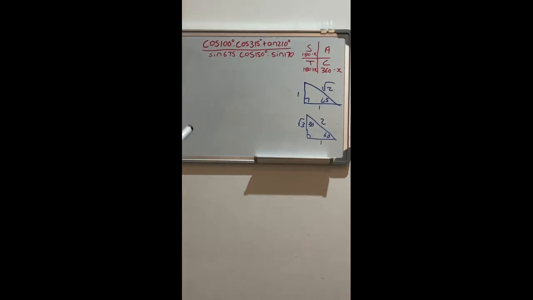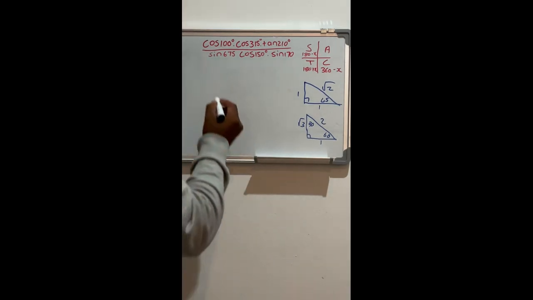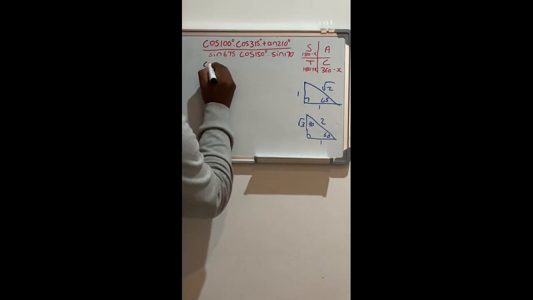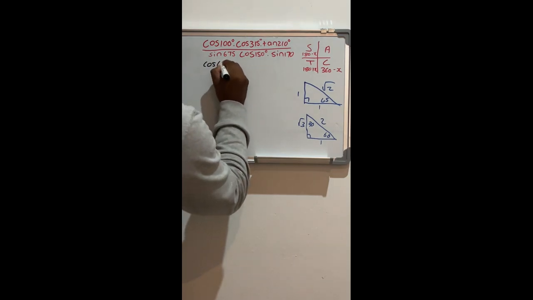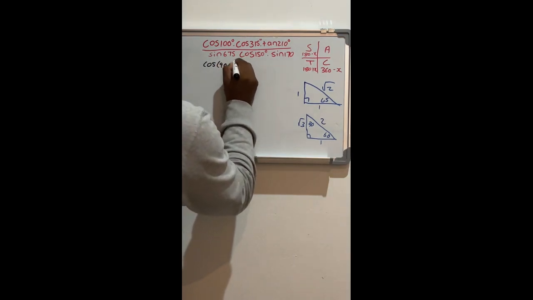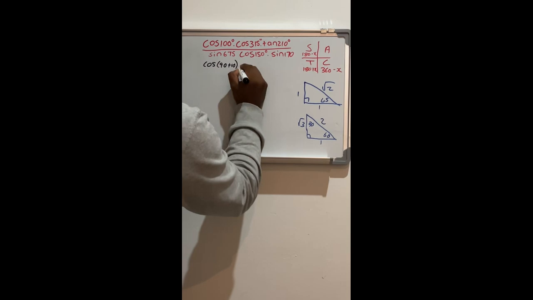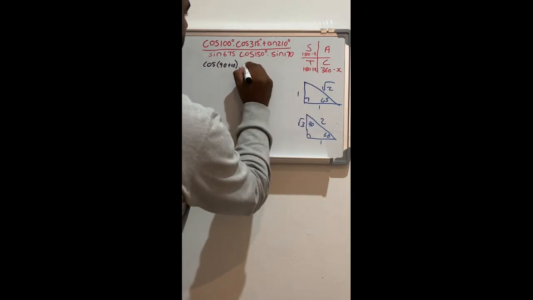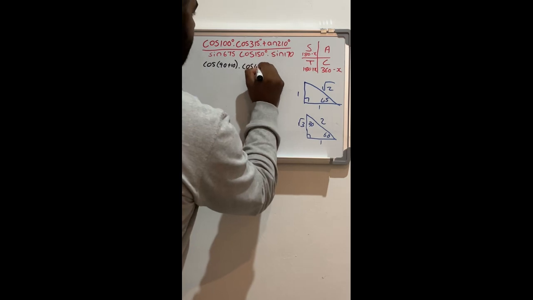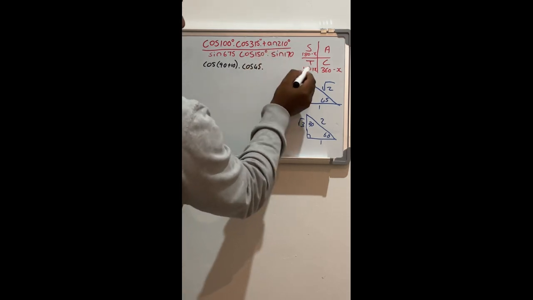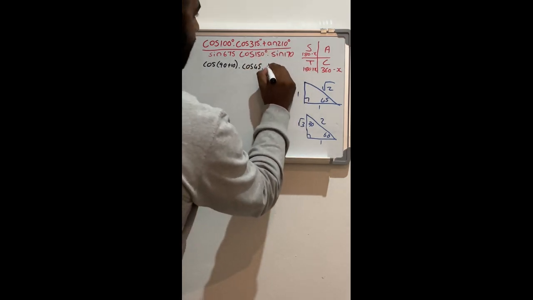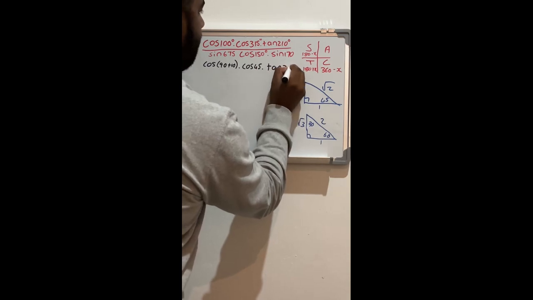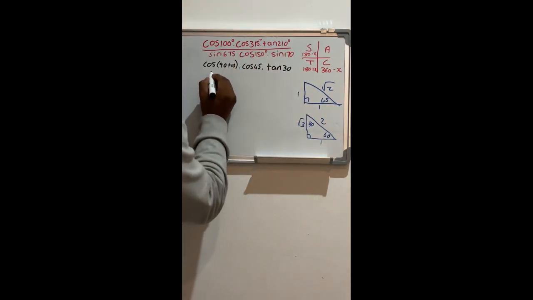So the next question is solving a trig equation without using the calculator. So the first thing that we will see here, we will say that becomes cos 90 plus 10. That can become, because cos is positive in that quadrant, cos 45. Tan is positive in that quadrant, so that can become tan 30. Then,